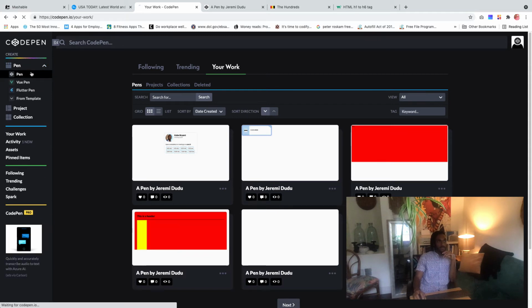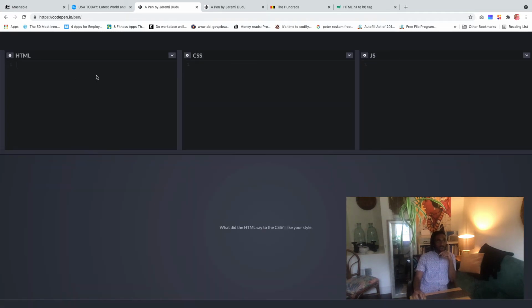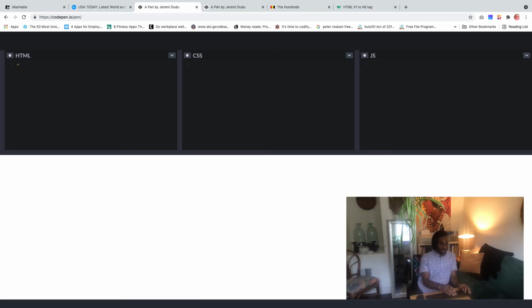And when you create a pen, now you see these different sections for HTML, CSS, and JavaScript. And whatever you put in these sections will then show you what it looks like in the browser. So here, I'm just going to say, okay, I saw that that was an H6, and then I'll just put whatever, blah, right? And then I saw on W3 Schools, I got to close out this tag. All right, do I have to close it? I think so, right? I got to close it out, H6,